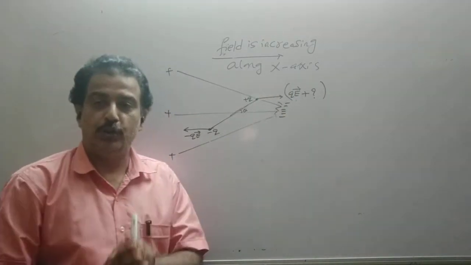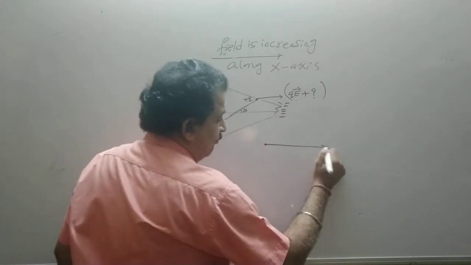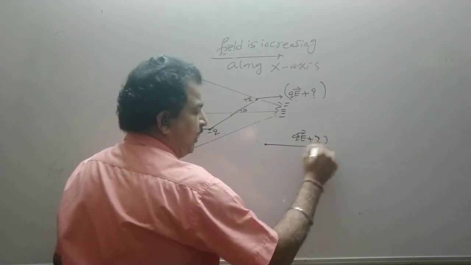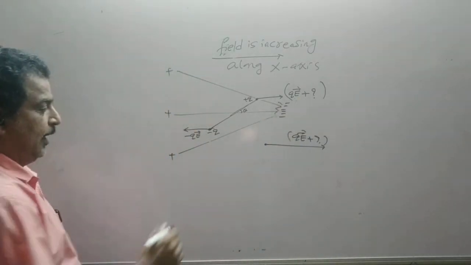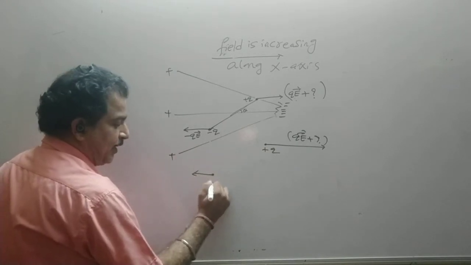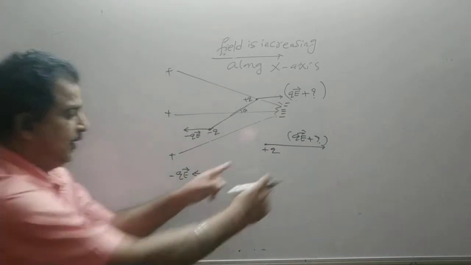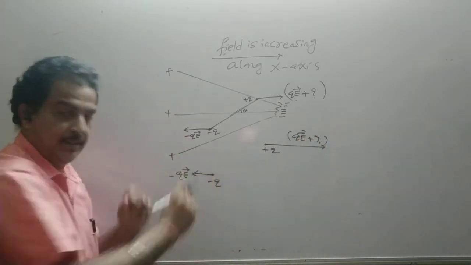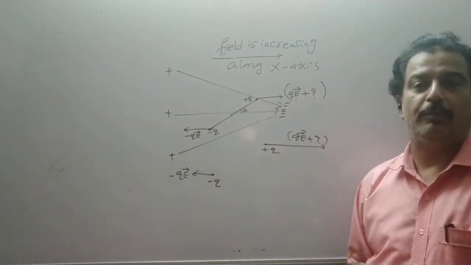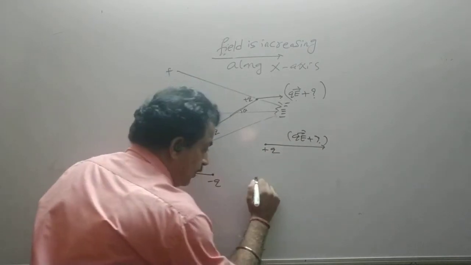Now what I want to say is, on plus q, the force acting is QE plus something, meaning more than QE, and the force acting on the minus q charge is less, that is QE minus something. So see the length, I have drawn this length more than this. So what will happen now? The dipole will perform translational motion. So what is the conclusion?